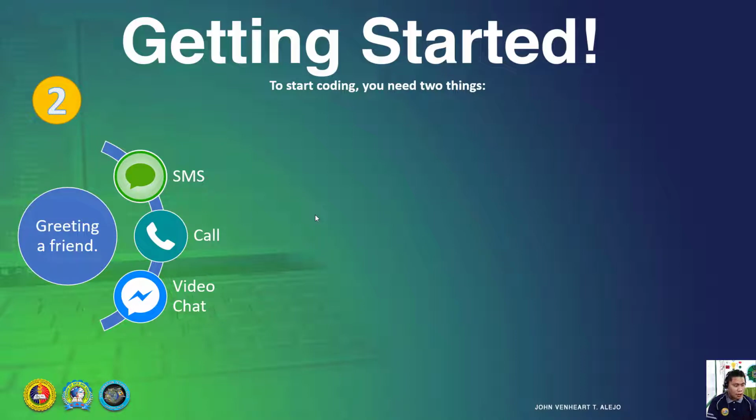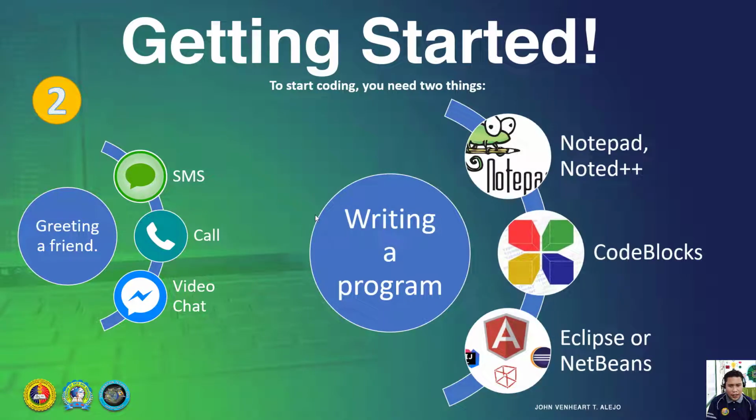That is the most important, especially these days when we don't have laboratories to use. Okay? So for writing a program, there are Notepad++, Code Blocks, Eclipse, or NetBeans. These are the choices we have if you write C++ or Java. So there are two things to consider in actual development: use an IDE or a text editor?